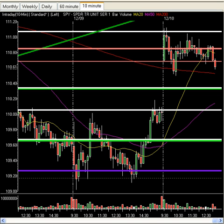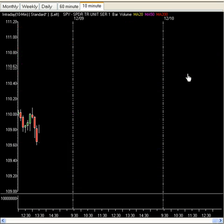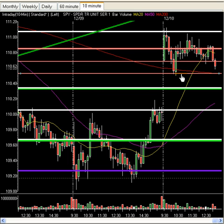Number one, right off the bat, looking at this chart, you want to note that you have a little bit of a double bottom right here on an intraday basis. All right, so again, if you come down into this level, see how you also have the 200 mirroring the double bottom? If you take a line and just draw it right across, 200 moving average plus double bottom, that will be a significant amount of support, and you should look for a small bounce off of that on an